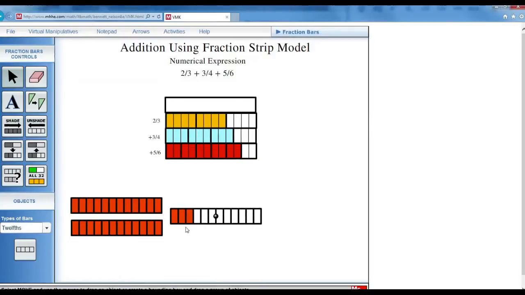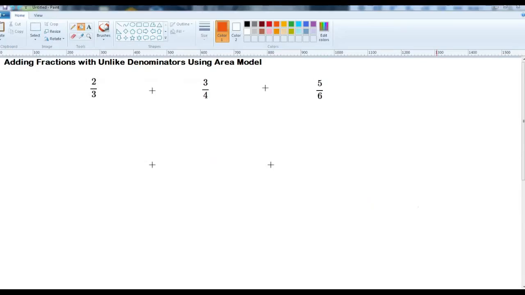So my answer, when I add 2/3 plus 3/4 plus 5/6, is 2 wholes and 1/4, or the same as 3/12. Okay. Next, we're going to